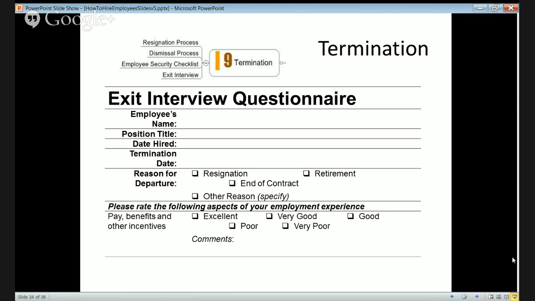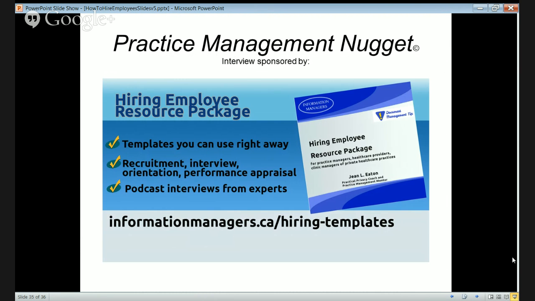Make sure that you have a clear list of all of the things that need to be done in that termination process so you don't miss anything. You have responsibility as a business owner to make sure that you have done your paperwork, you've done the T4s, the record of employment, and all of those other things. You want to close the file with some summary statements so that if that employee comes back and requires a review or a reference check from another employer, you have the information that you would provide